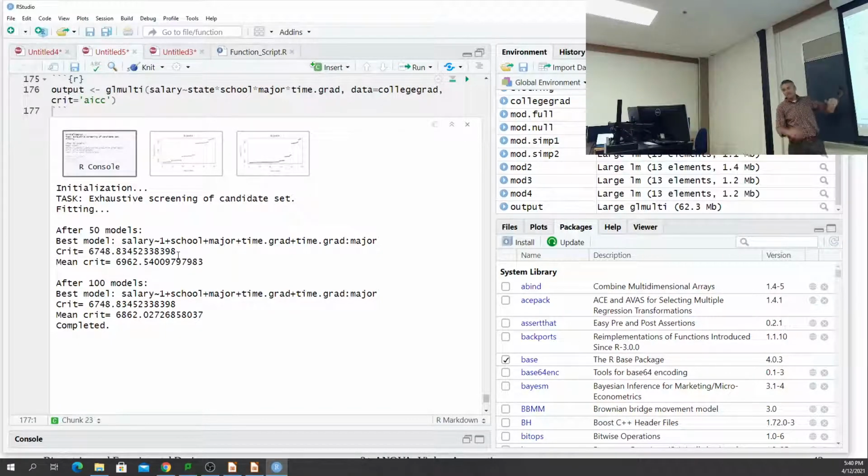But then if I kept going and kept trying to find another model, after 100 models, I found this as the simplest model, and this was the AIC, which you can see was basically the same. So it said, okay, I did 50 and I did 100, and I came up with the same model, so this must be the simplest model. All right, we can always increase